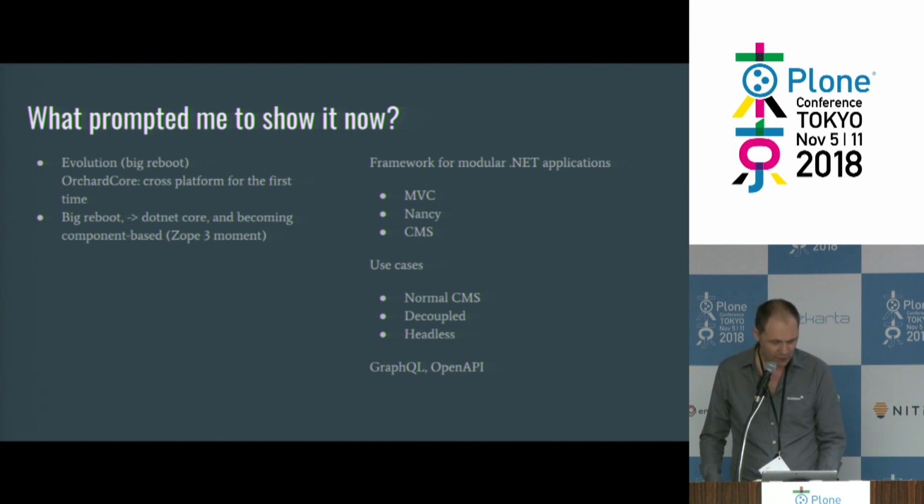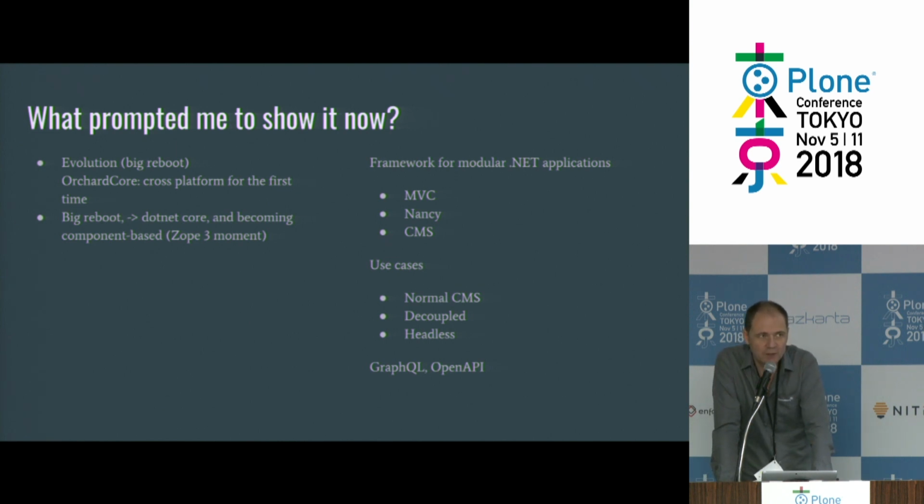It's also interesting to show it because I faced a similar challenge in rewriting as Plone has been going through from Python 2 to Python 3, the effort to revitalize the Zope project as well. Okay. Also, Plone is confronting the move to the headless CMS paradigm. And in that as well, Orchard Core specifically is built to work as a normal CMS, as a headless CMS,